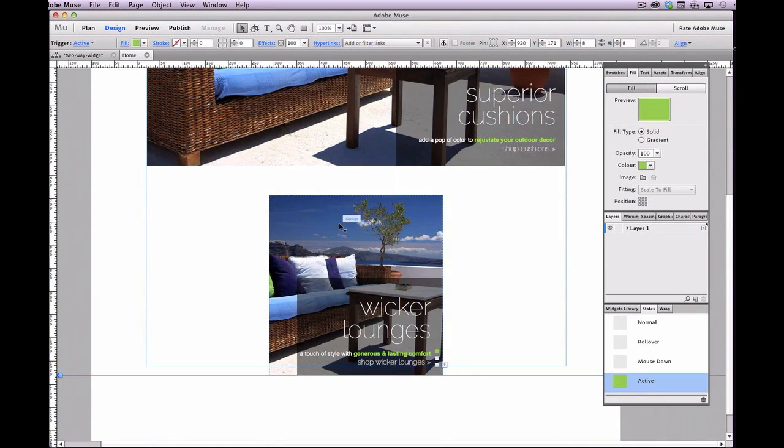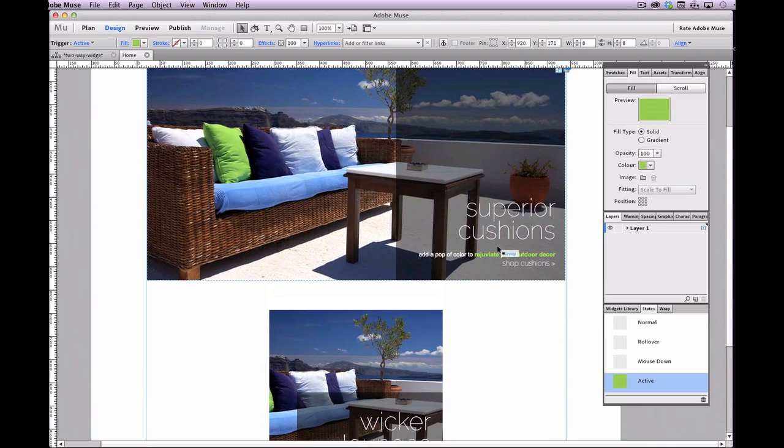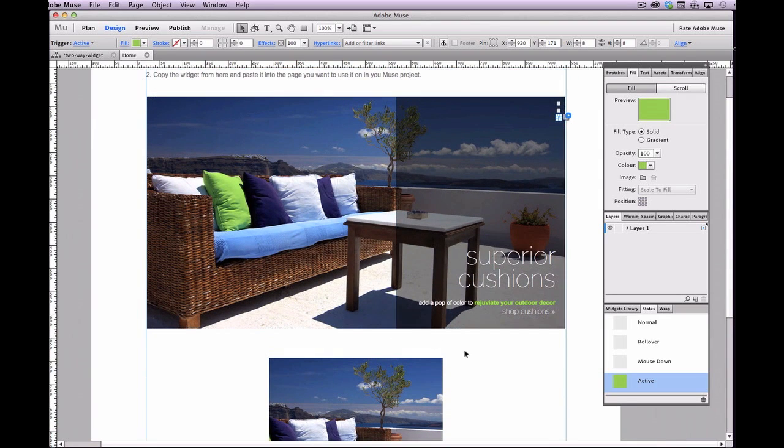And the mobile version is built exactly the same way. We've changed the design slightly to match the mobile layout, but it works in exactly the same way as this one. So that's how to use the two-way slider